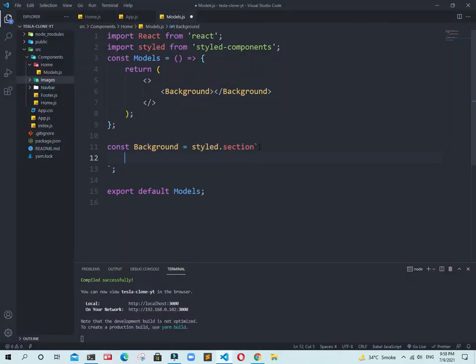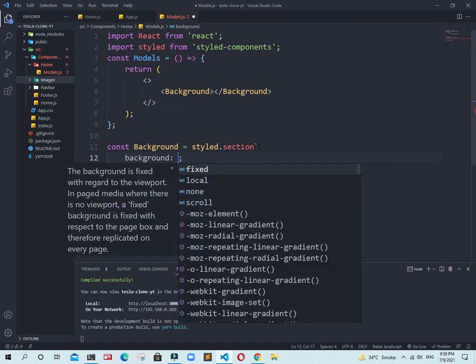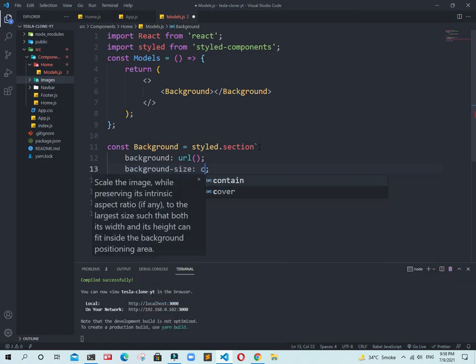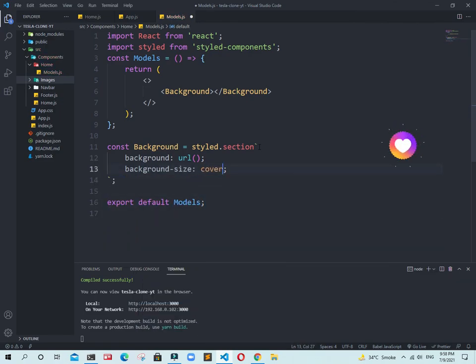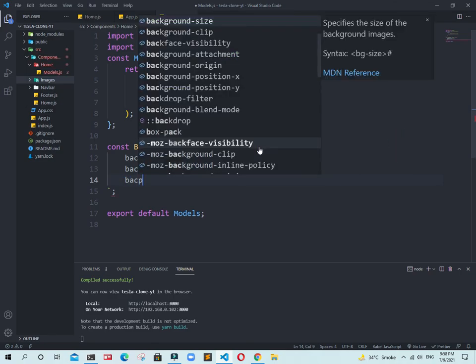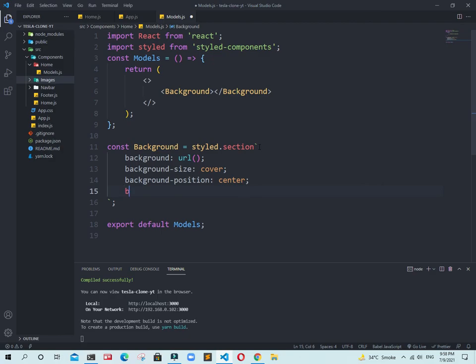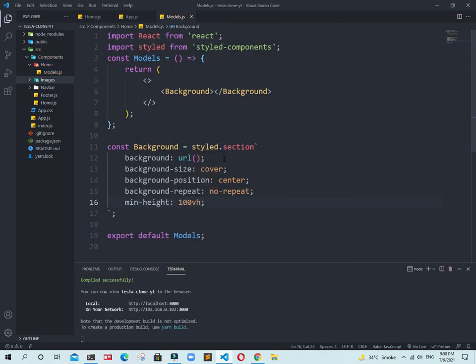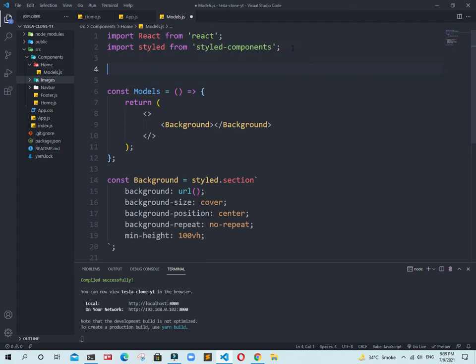Now we need to render our image in the styled component. I am using just simple CSS. We need to import the URL there, and also add a background-size which is cover. Okay, you should know what background-size, background-position are, and background-position there, center, background-repeat. We don't need to repeat the background, and just add a min-height there. Now we need to import the URL there. Okay, you can grab one from Google and import. Otherwise we also have the images folder. I am grabbing from there. Guys, just start there, import. Okay, we need to add a selector to select our URL.